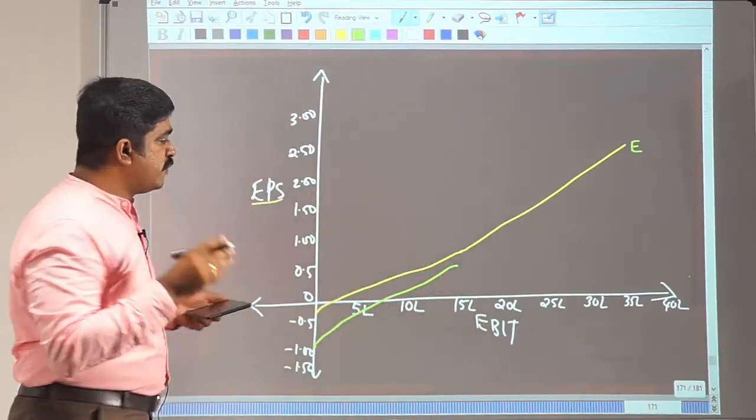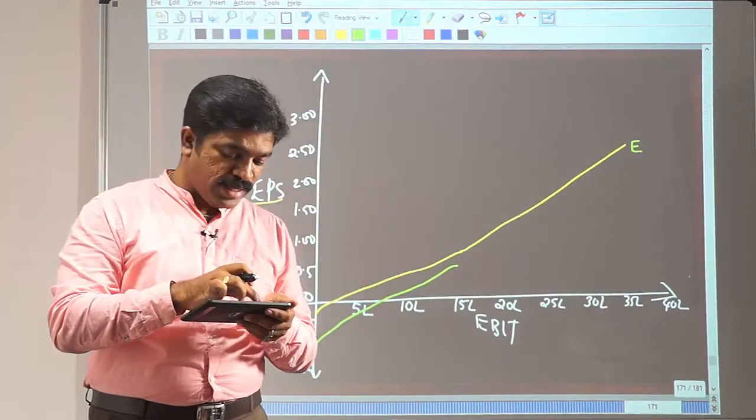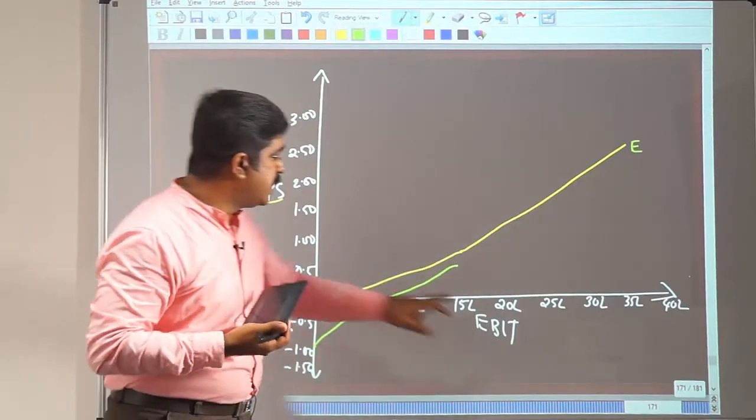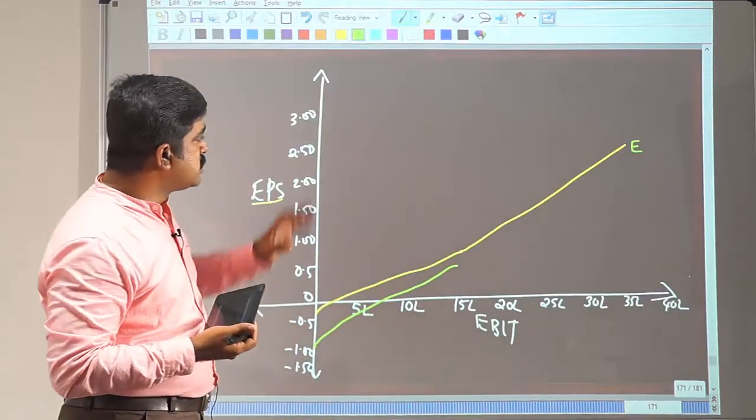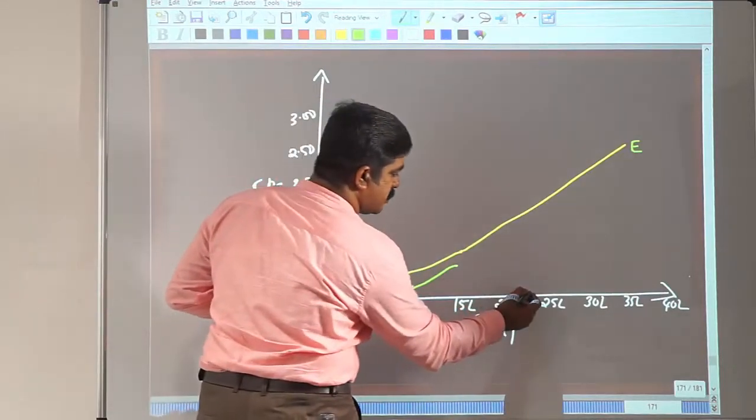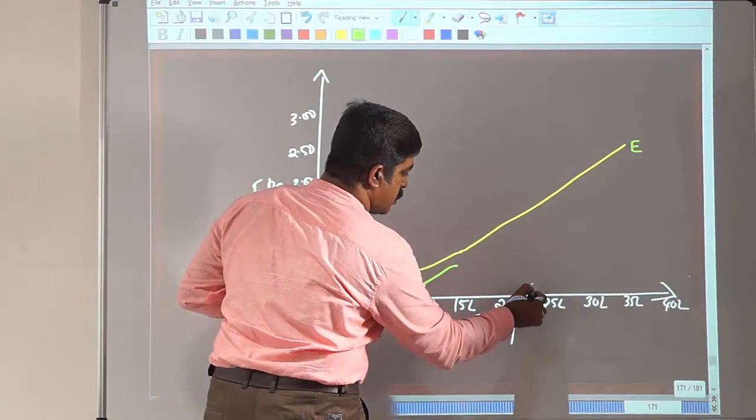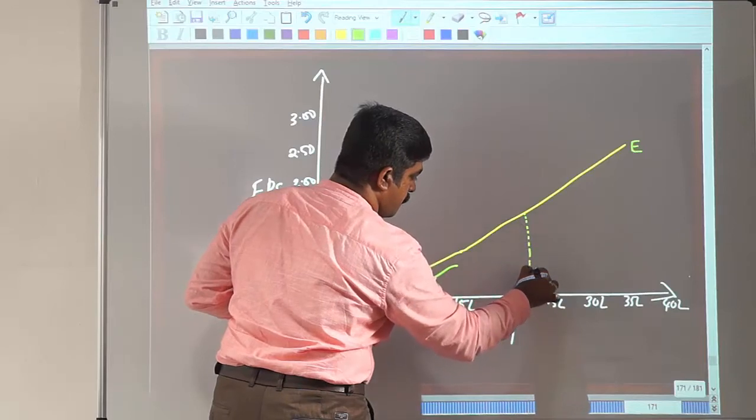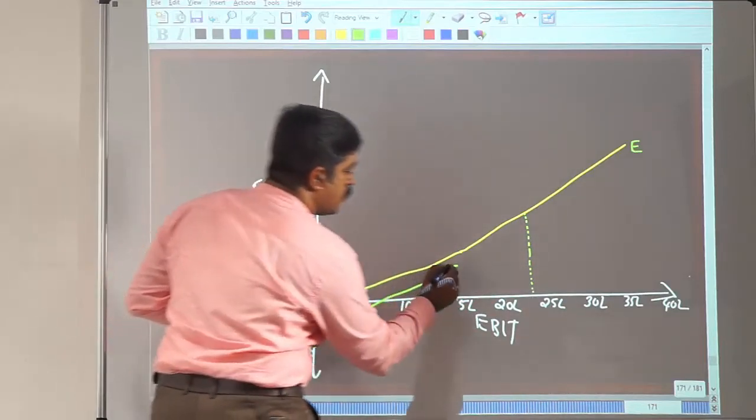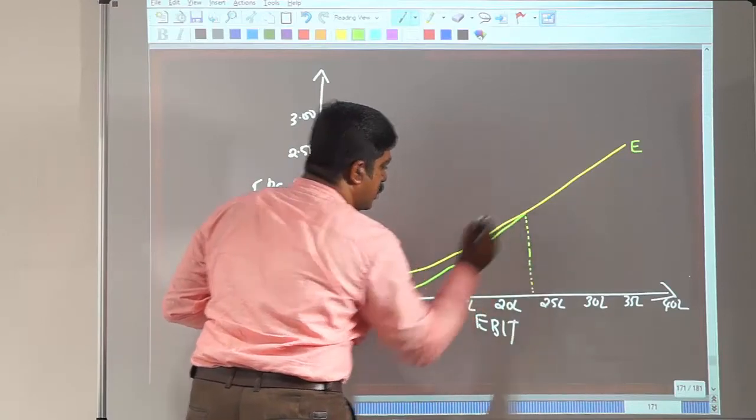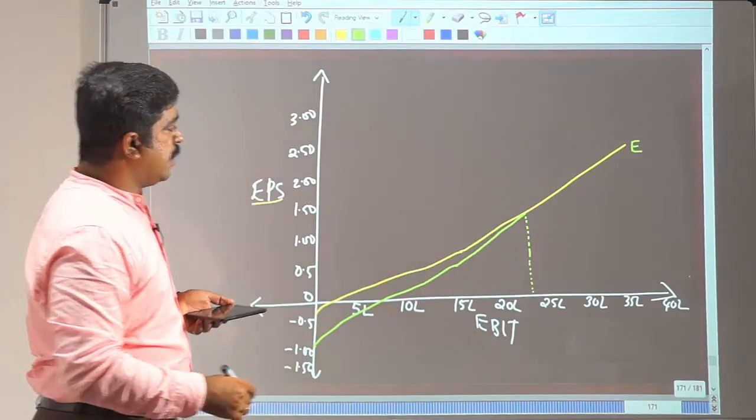Fine. And we know that at 23,76,000, because that is the indifference point between debt and equity, this equity option and debt option will intersect. That is 23,76,000, say somewhere here. So let me plot that. So this is the point where your debt option and equity option will mingle, and beyond this